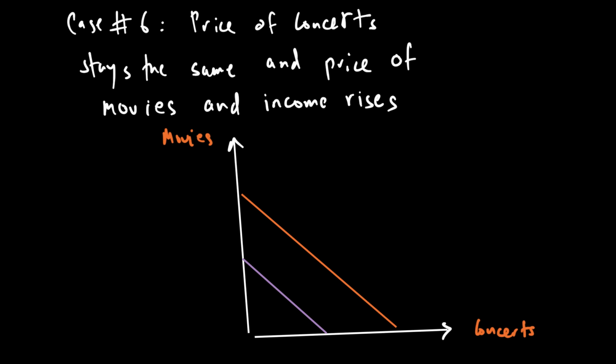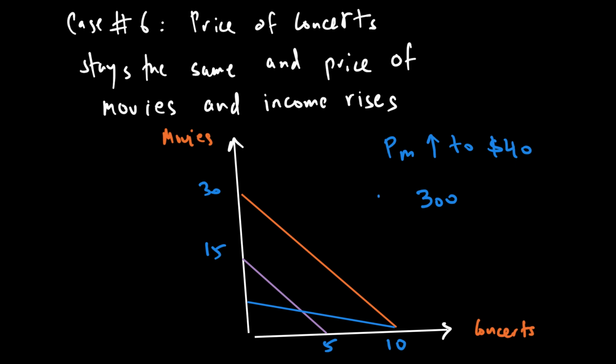And what if movies increases to a level where now it is much more expensive than before, and I have something like this of a diagram. So previously, let's say I was buying 15 and 5, income doubles, I buy 30 and, for example, 10. But what if price of movies goes up to, let's say, $40? So in that case, now $300 is my income, because my income doubles from 150, divided by new price of movies, PM dash, equal to 40. That is 300 over 40,